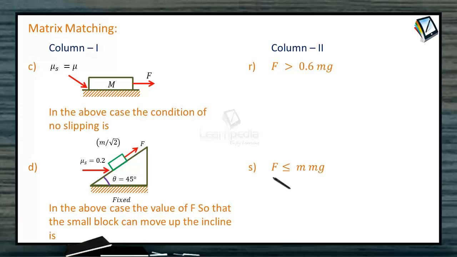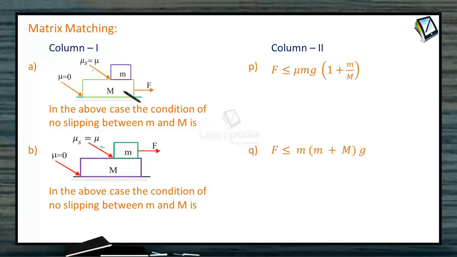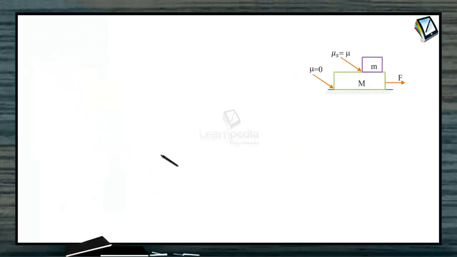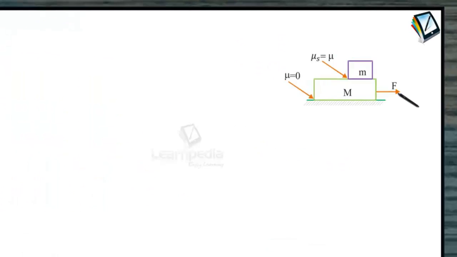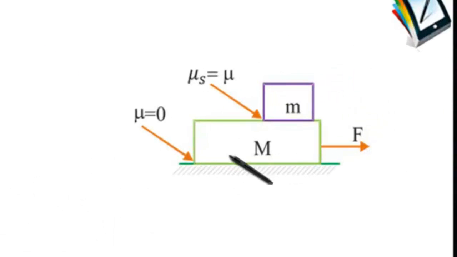So, what we are going to do is, one by one we will take the cases and try to analyze what is going to happen when the force is on capital M, and when the force is on small m. So, the first case we will take small m, capital M, and the force is applied on capital M. Between the ground and capital M, the coefficient of friction is 0. Between small m and capital M, the coefficient of friction is mu. We want to calculate the condition of no slipping between small m and capital M. What should be the maximum value of F? That means indirectly, we want to calculate the maximum force such that there is no relative motion between small m and